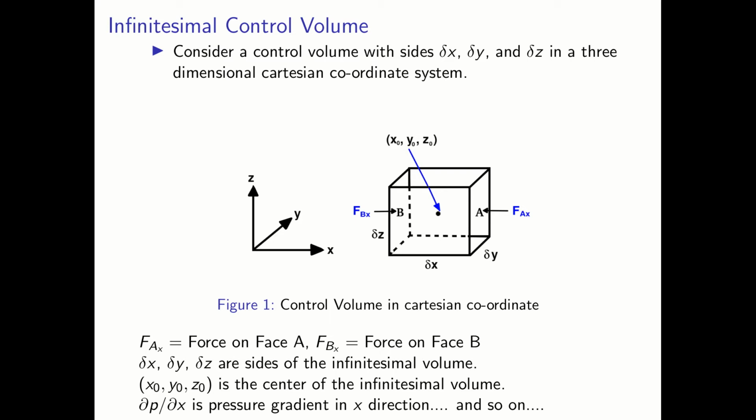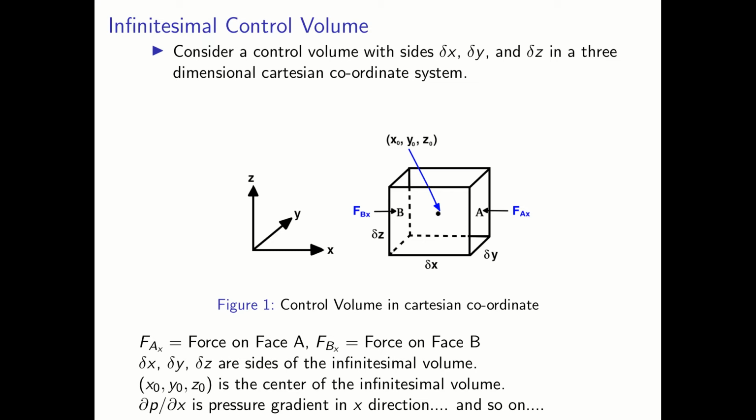Let us consider an infinitesimally small control volume in the 3D Cartesian coordinate system with size delta x, delta y, and delta z. I'll be using delta to define the delta x and delta y, and I'll be using del, so basically del p by del x as the gradient. So in an infinitesimal volume, you'll have the gradients of pressure in all the three dimensions x, y, and z. So let's say the gradient of pressure in x direction is del p by del x. Similarly, you'll have the gradient of pressure in y and z direction as del p by del y and del p by del z.